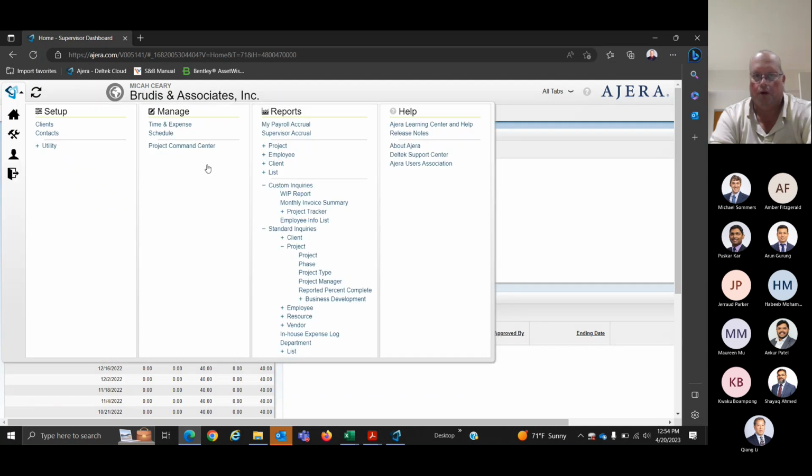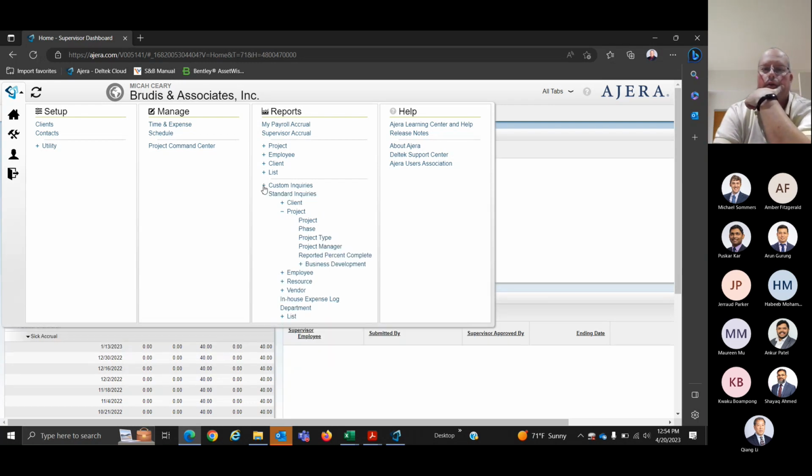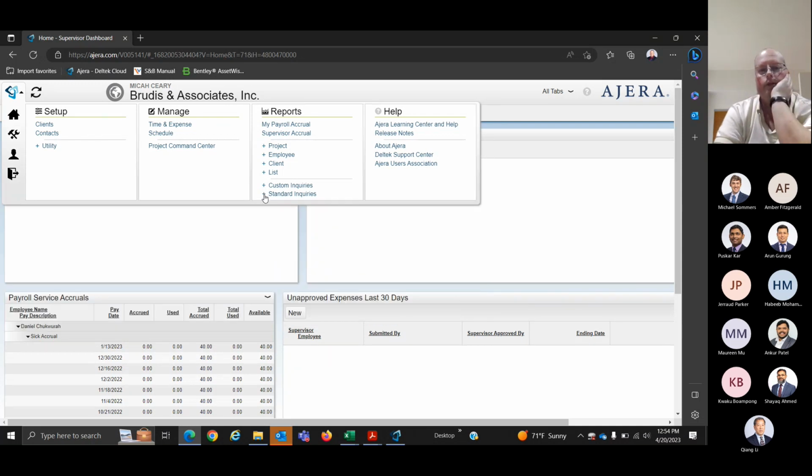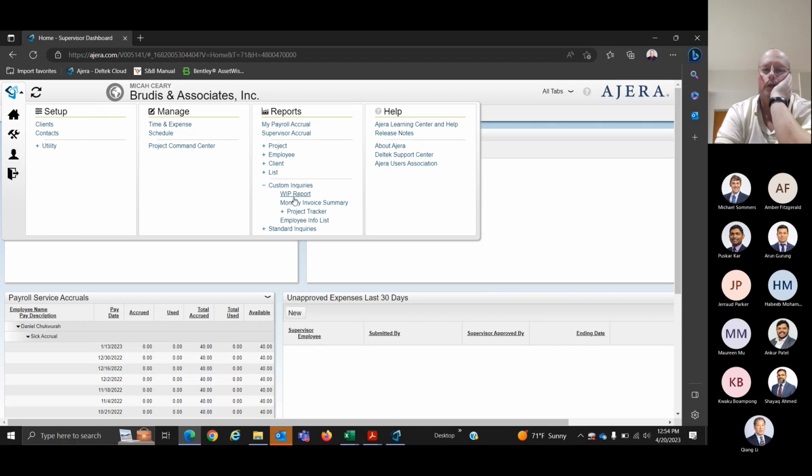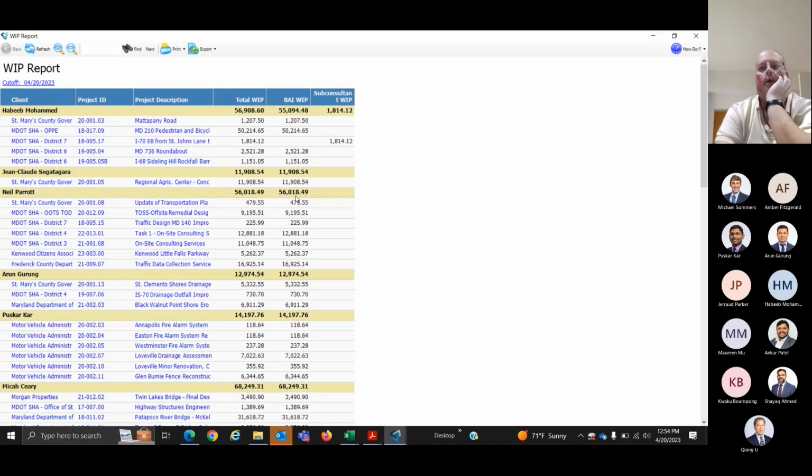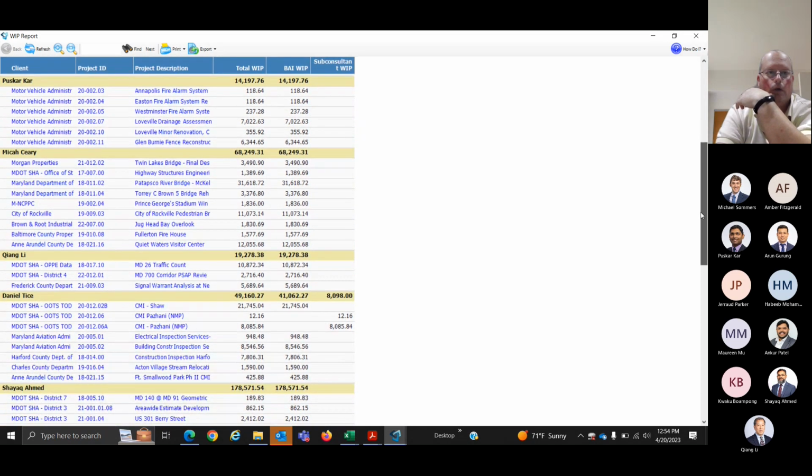If you're in the middle of the month and you're trying to keep track of the various jobs you're working on, if you go back to the flower under reports, there is a WIP report. You're not going to see it like that. You'll see custom inquiries and you'll see standard inquiries. If you open up custom, there is something called a WIP report. I'm going to go ahead and just run this. And this is going to pop up, and let's pick on Puskar. So Puskar can come down here and look at his particular projects, and he's got WIP of,